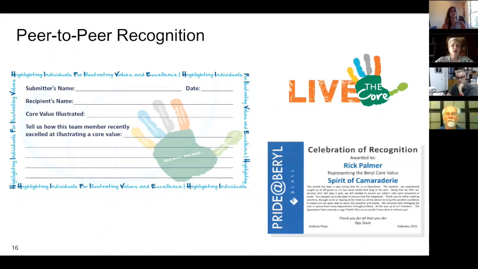Is it a bulletin board? Do they do a drawing? Some of them have a wheel where they spin a wheel of everybody who's received a certificate. They just do all kinds of different things with it. So this has been successful, kind of old school recognition, or writing on a piece of paper, or turning it